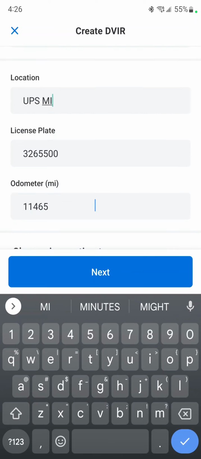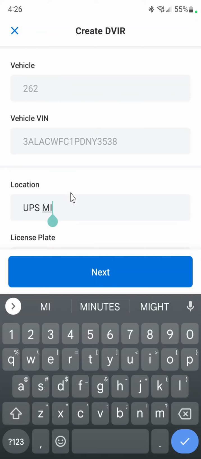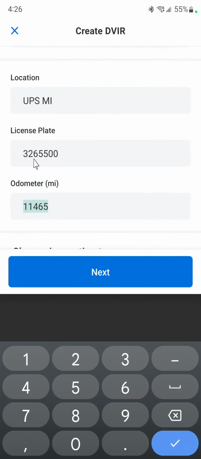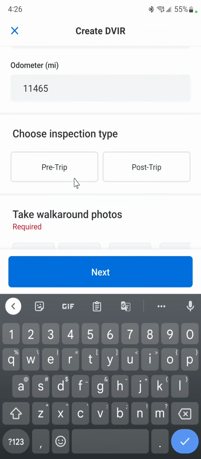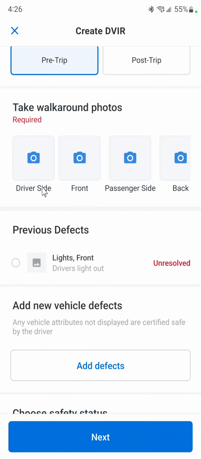Okay, then make sure that all of these fields are filled in. That should automatically read the odometer and it already knows the license plate, so you don't have to worry about that. So we're going to do a pre-trip inspection. You're welcome to do a post-trip after you're finished, but it's required before you start driving the vehicle that you do a pre-trip inspection. So I'm going to push pre-trip, and then I'm going to come over and I'm going